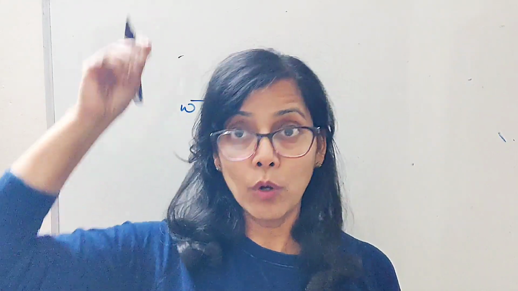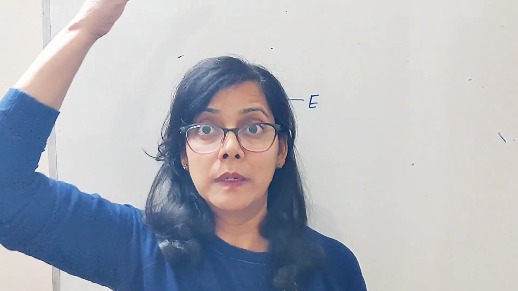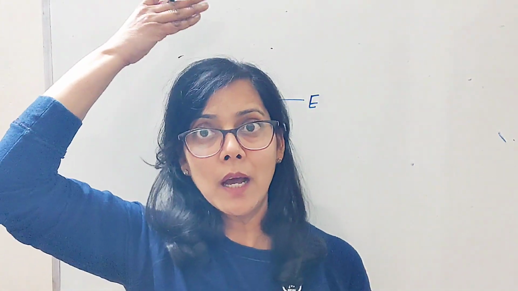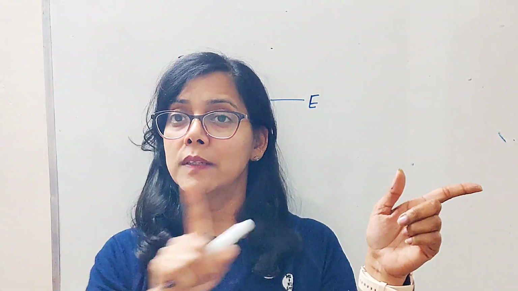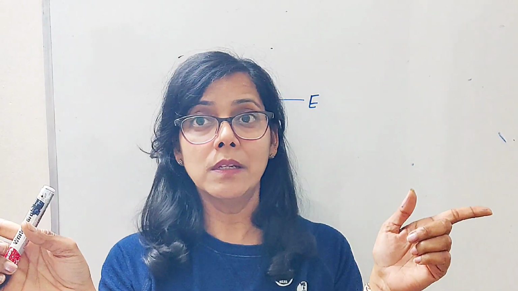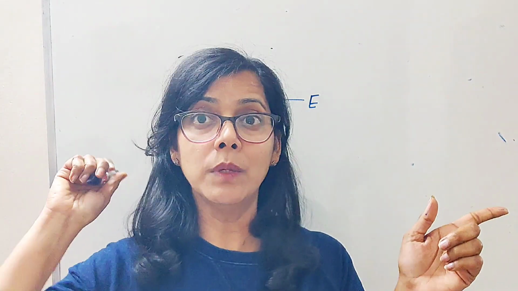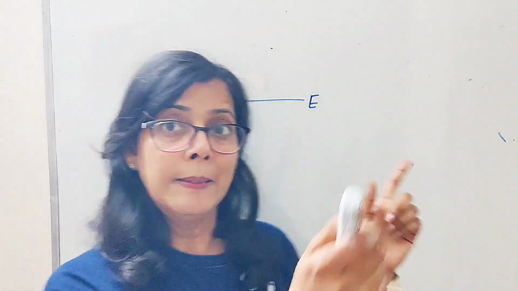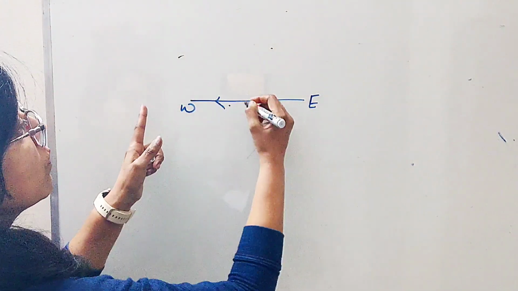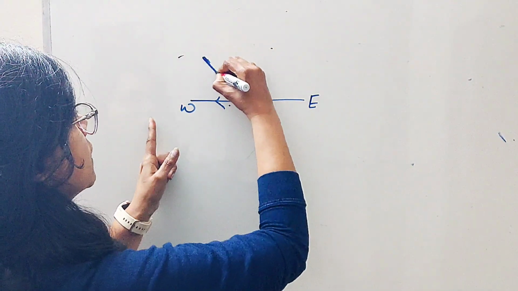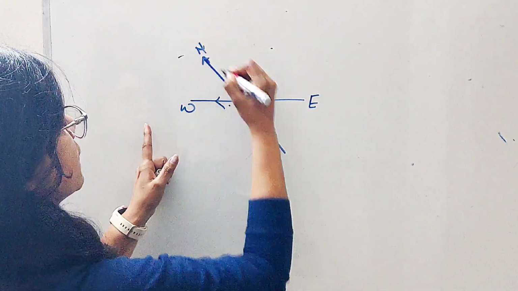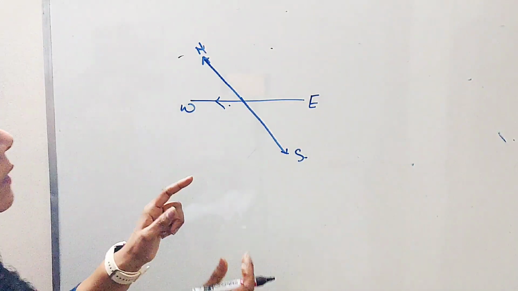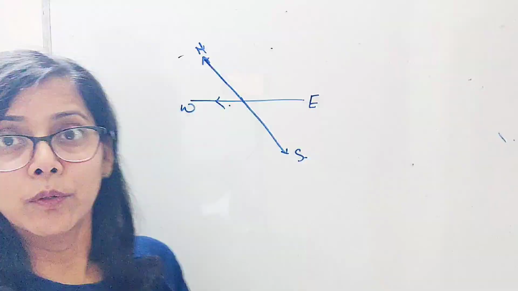North is behind me, okay. North will not be here, up. Many students think that north is here, above our head. No. If this is east, okay, this is west, then where is north? North is behind me and south is in front of me. So this is east, this is west. So I am drawing here a 3D figure. Suppose this is north and this is south. Okay, suppose this is the one behind us, okay, north.